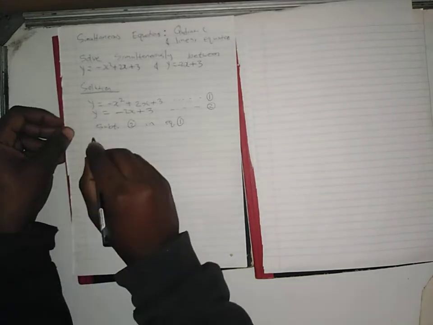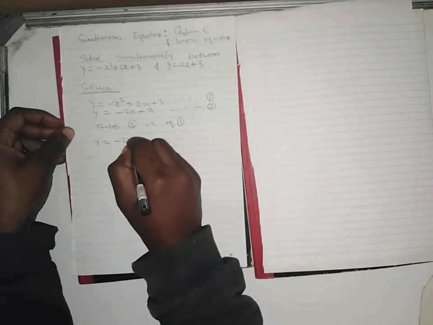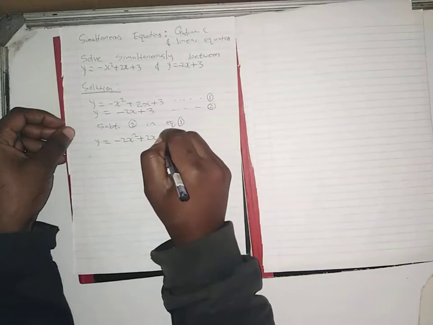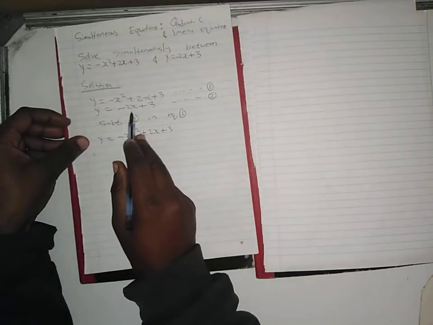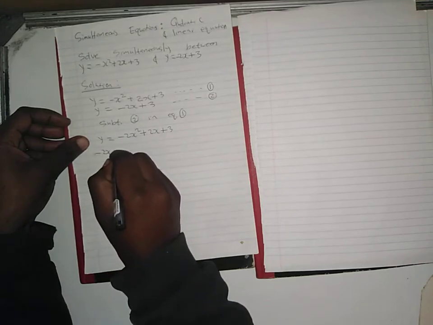Where there is y in equation 1, you're going to put equation 2. So in equation 1 you've got y, which is equal to minus 2x squared plus 2x plus 3, and in place of y you then put this, and then you have minus 2x plus 3 is equal to